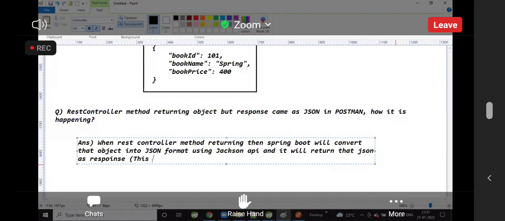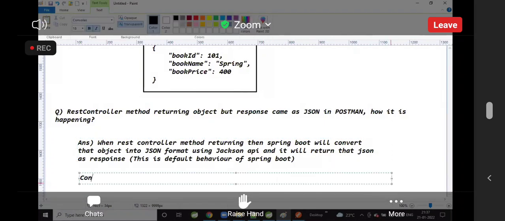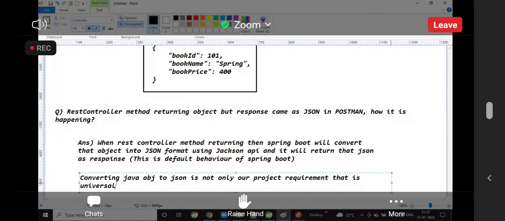This is the default behavior of Spring Boot. Converting a Java object to JSON is not only our project requirement, that is a universal requirement. Hence, the conversion is taken care of by Spring Boot